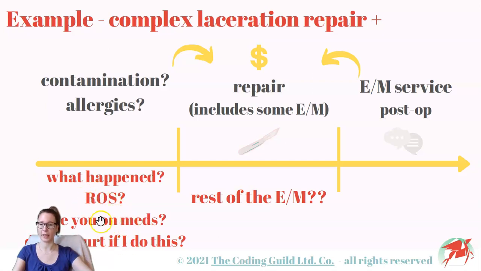Is the patient on any anticoagulants, insulin, opiates, or any other drug the provider should know about? There is also a hands-on exam to check around the site of the cut for possible nerve injury, foreign bodies, or anything else. As you might notice, these questions are not crucial to laceration repair. The procedure itself doesn't need to know whether the patient is on drugs or why the laceration happened.